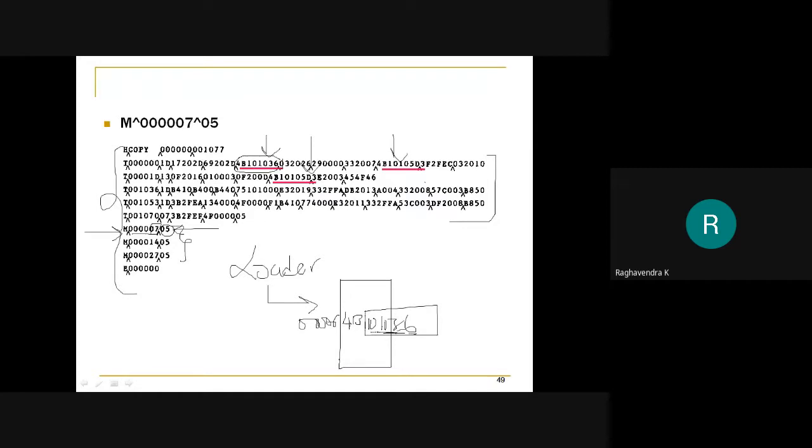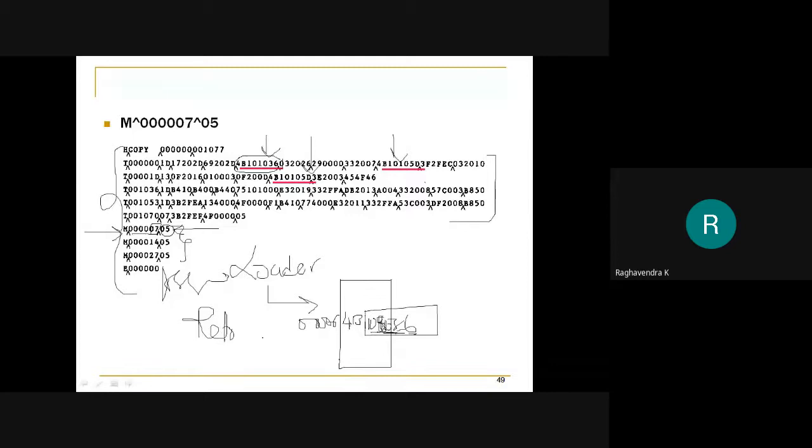For these 5 half bytes, it needs to add the starting address. So if the program is loaded at 5000, then this will become 6036.